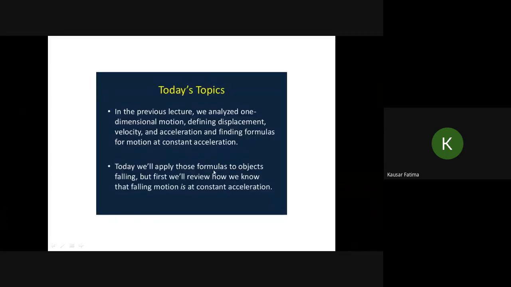So, in today's topic, we are going to apply the formulas which we studied in the previous chapter to the objects which fall freely. In the previous lecture, we analyzed one dimensional motion, that is horizontal motion. We studied about displacement, velocity, and acceleration, and we applied the formulas to the bodies which move at constant acceleration, and we also discussed increasing and decreasing acceleration, but that was all for the horizontal